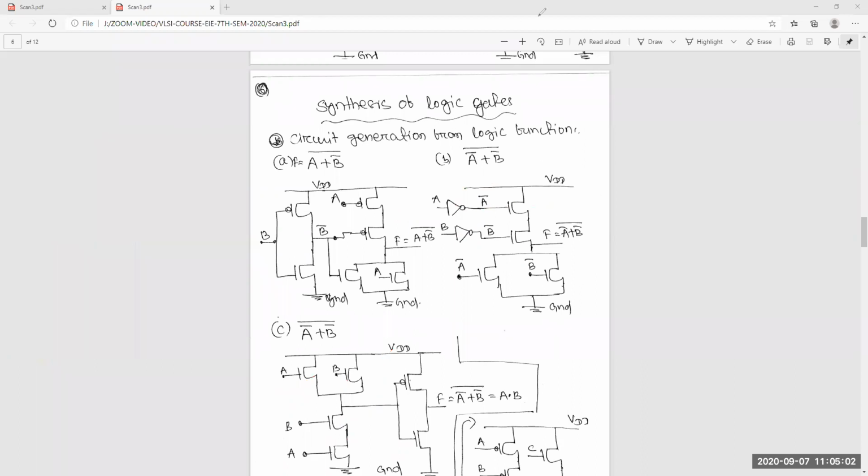Sir, why do we need 6 transistors in that a dot b? Sir, for a it will be 2, and for b it will be 2, no, sir. This is your AND gate, na? So a b bar means it's 4. It's a b dot b means it's 6, because you are adding another inverter at the output. Yes, okay.